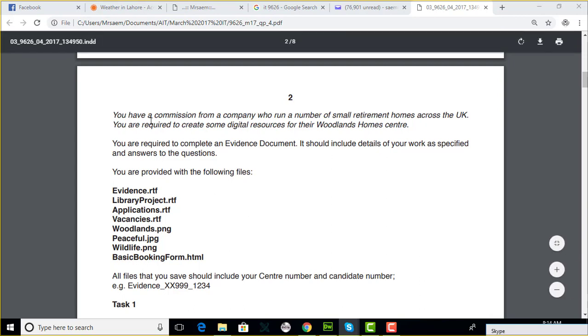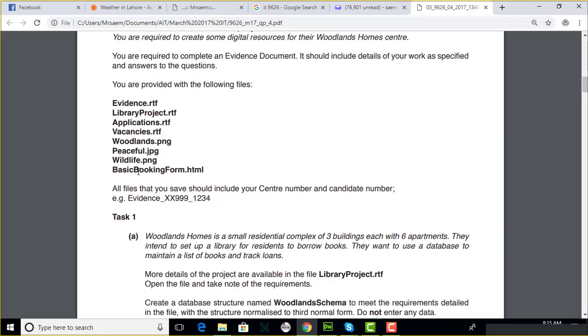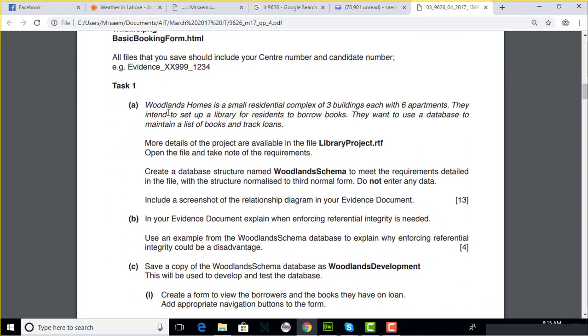Yes, sir. Okay. You have a commission from a company who run a number of small retirement homes across the UK. You are required to create some digital resources for the Woodlands Home Center. You're required to complete an evidence document. It should include the details of the work as specified. So you've been given the following files. Task 1. Woodland Homes is